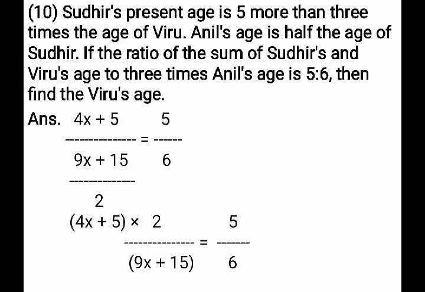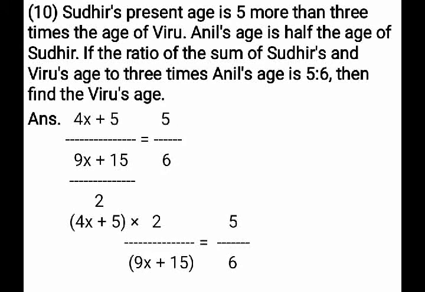You have to only write multiplicative inverse if there is a fraction on denominator. In numerator, if you have the fraction, it will not become multiplicative inverse. Numerator 4x + 5, write as it is. And on denominator, the fraction which is there, (9x + 15) upon 2, this will become multiplicative inverse. And if you are writing multiplicative inverse, division will become multiplication. 2 which is there on denominator, that you have to write on numerator. 9x + 15 which is on numerator, that you have to write on denominator. So this is the multiplicative inverse. And right side 5 upon 6 which is there here in ratio form, that you have to write as it is.